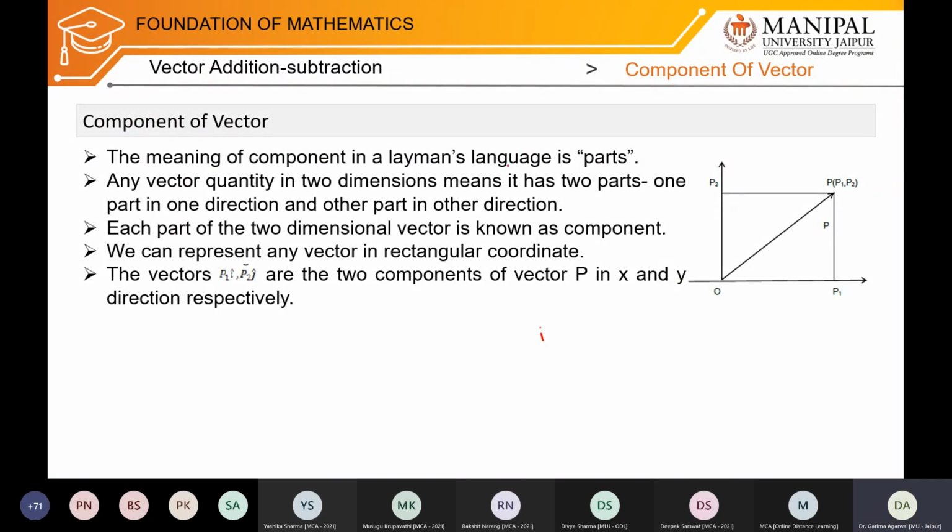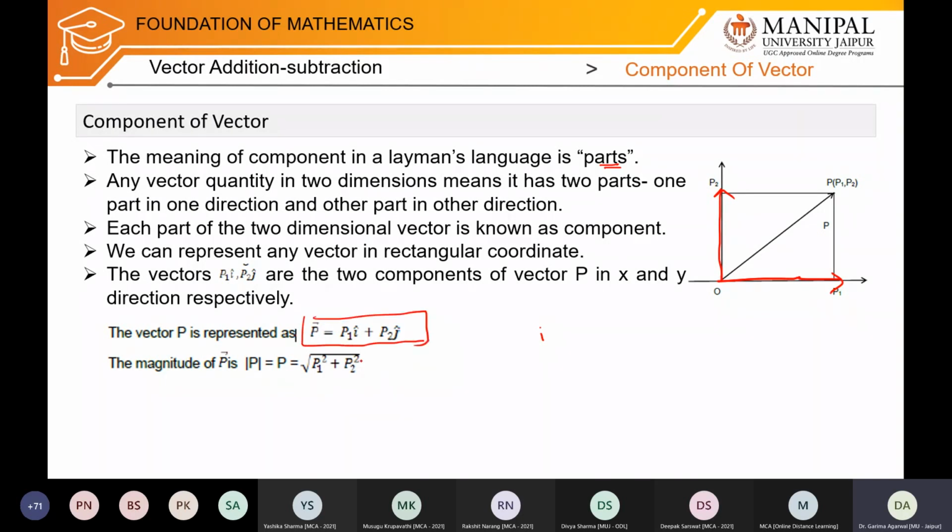Next, the component of vectors. The meaning of component is parts, right? Any vector quantity in two dimensions means it has two parts. One is in one direction, like in this x direction, and the other is in the other direction, right? So these two values are known as components. For example, if I have a vector p1 i cap plus p2 j cap, so p1 and p2 are two